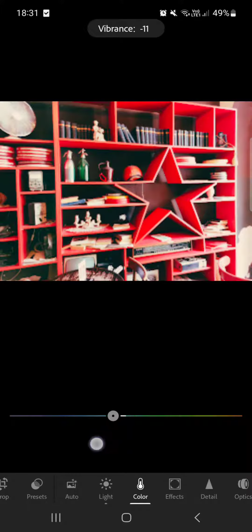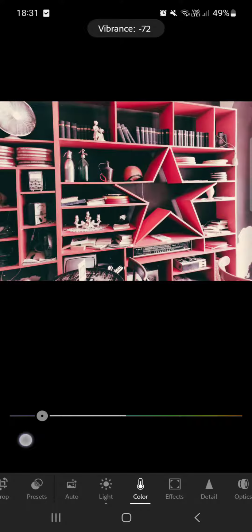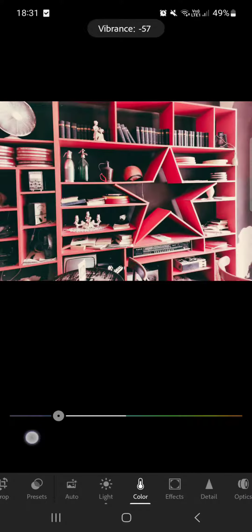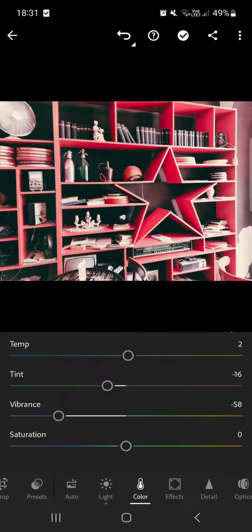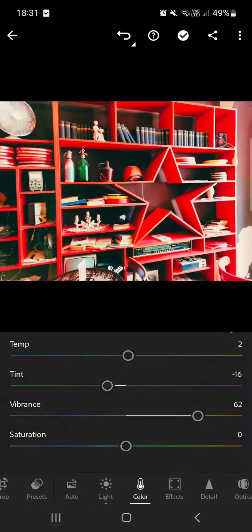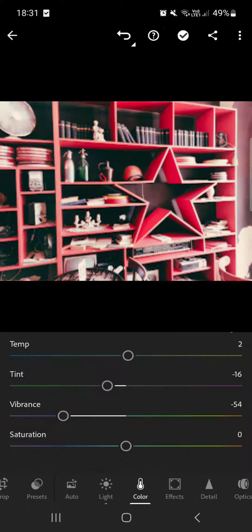If we move the slider to the left, then the colors in the picture are going to become less colorful. And if we move it to the right, then the whole picture is going to become more colorful. Vibrance pretty much means how colorful a color is, how much color there is in a picture. If it's very vibrant, then there is a lot of color to be found. And if it's not very vibrant, then there isn't so much to be